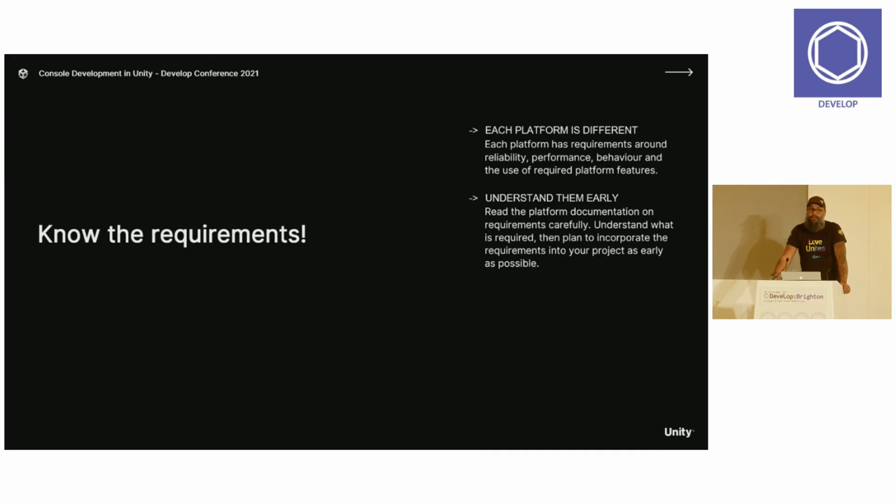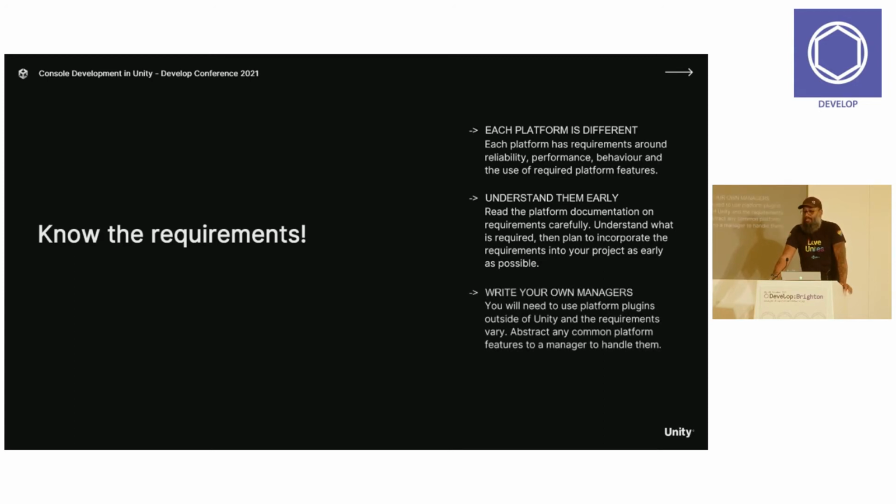Understanding those certification requirements really early does help. They don't often change, but they can do mid-cycle. For example, from the Xbox One to the Xbox One X, or the Xbox Series, sorry, getting my terminology correct, there was a change in the way that those features were handled, which required you to make some code changes if you were using a different SDK. So just being aware of these things beforehand and knowing when you're due to certify, try and get these things in really early. It will help along the development cycle if you integrate all of this.